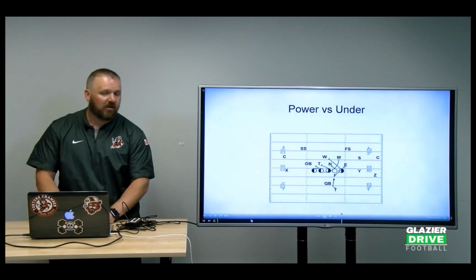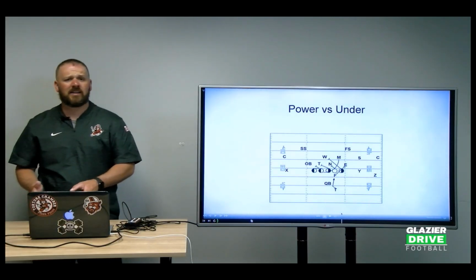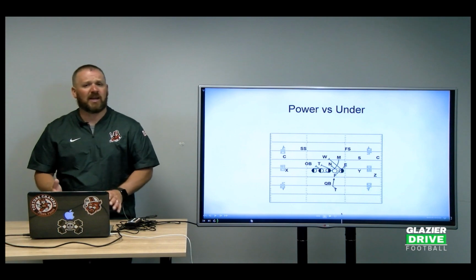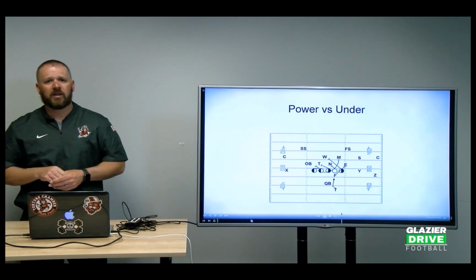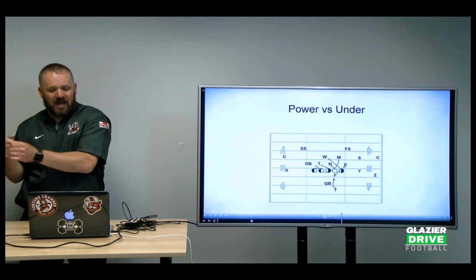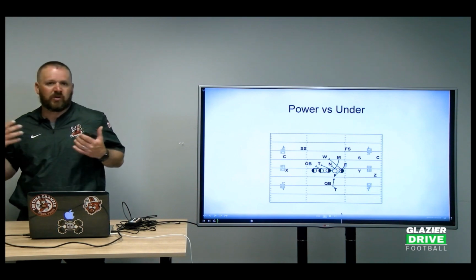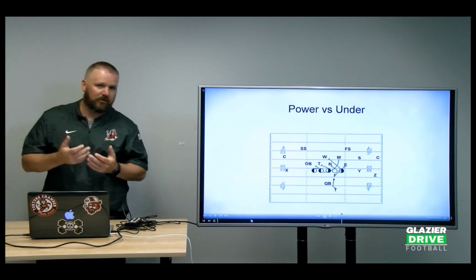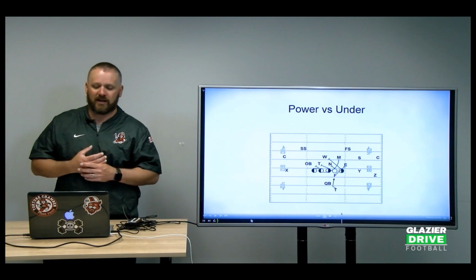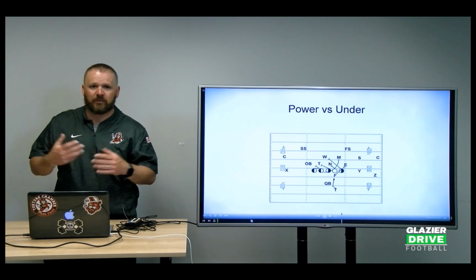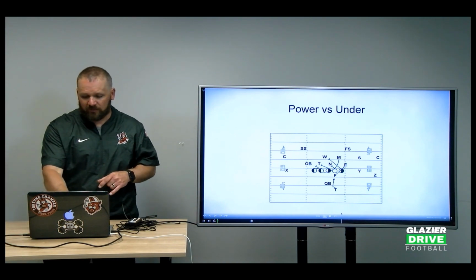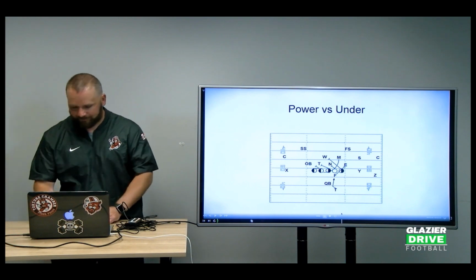One negative to doing the same side also is, you've got to protect that. You don't want to get into the thing where, when your backs are on the same side, like this look here, you're always running power out of that set. So that's on you as a coach to make sure you're protecting your plays and running various run schemes and pass schemes with the back stacked.